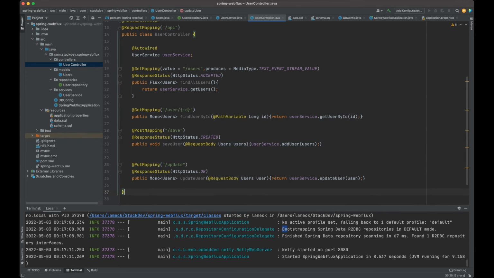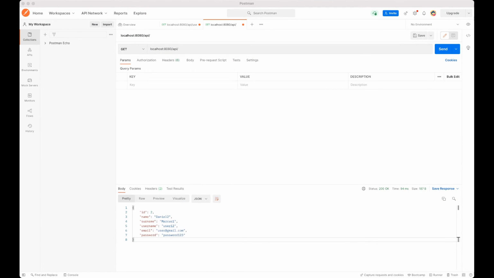So let's just try update, right? So let's try to update the data. Let's go back to Postman and try to update. It was the API update. For our update, it's going to be a post request, then inside the body I'm simply going to send